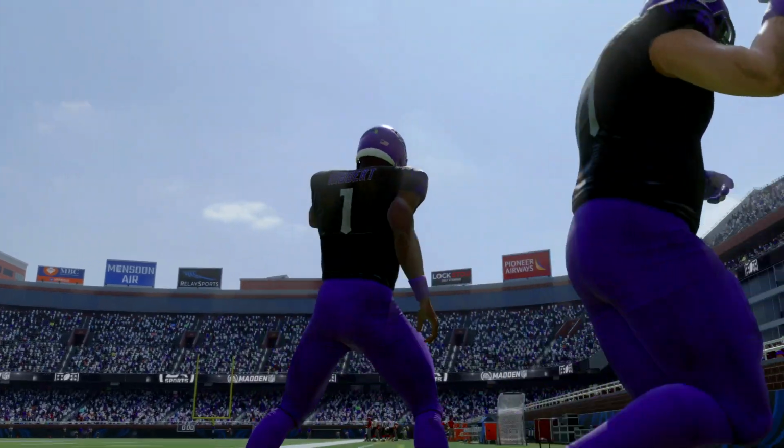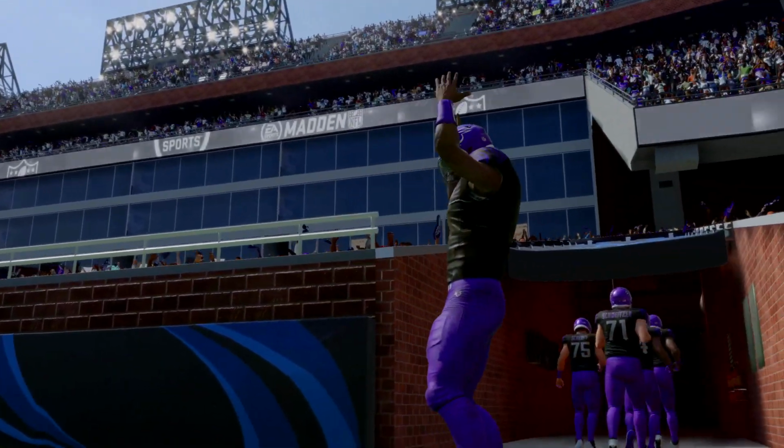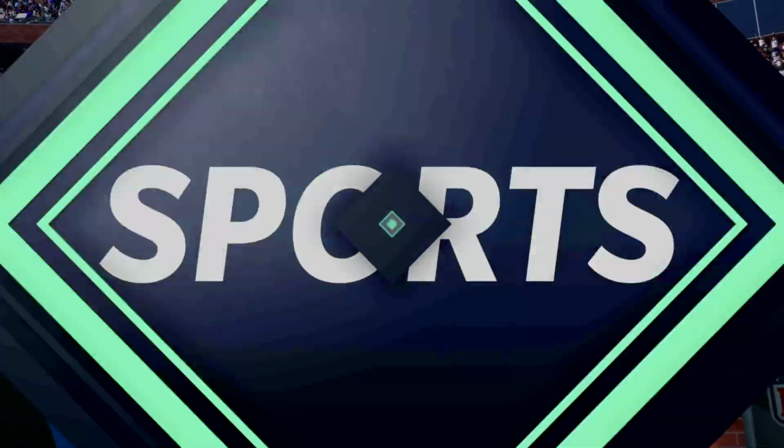So for Brooklyn, they move back over 500 now at 4 and 3. And they will hit the road next week. Meanwhile, for our visitors, the loss drops